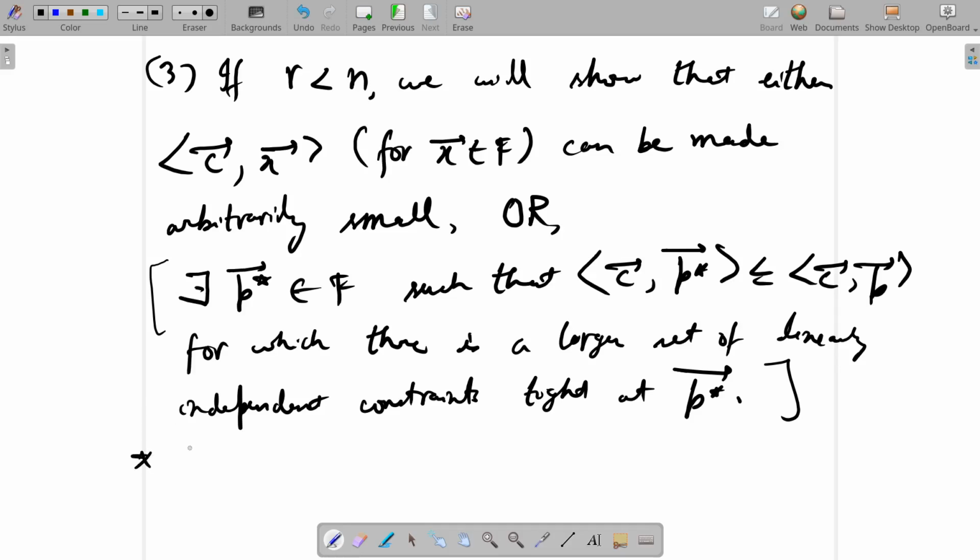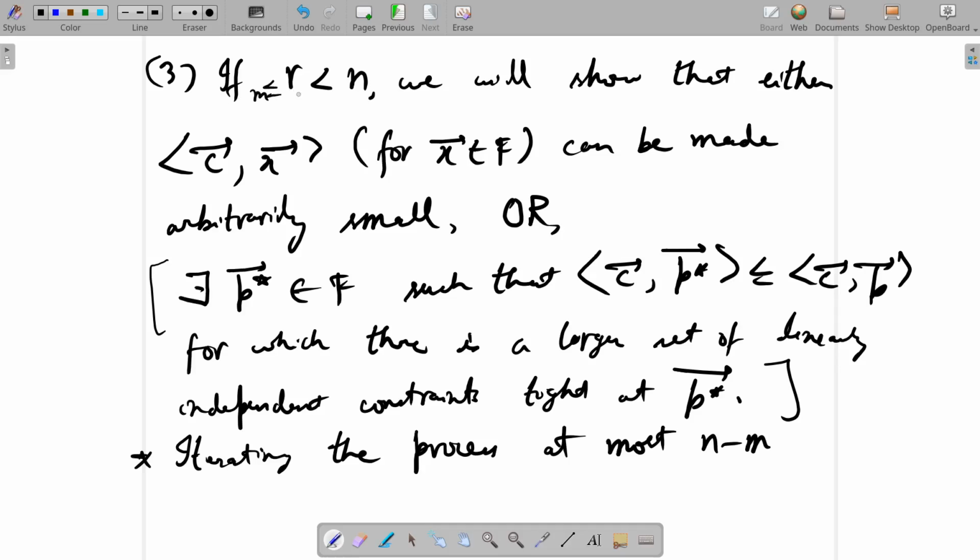So how do we finish the proof? Once 3 has been proved, we iterate the process at most n minus m times. And what does this number n minus m come from? That's because we know that R is not just less than n, but it is also bigger than or equal to m, because all those row vectors of A which are linearly independent by our definition of S are always in S. Okay, so iterating this process at most n minus m times,